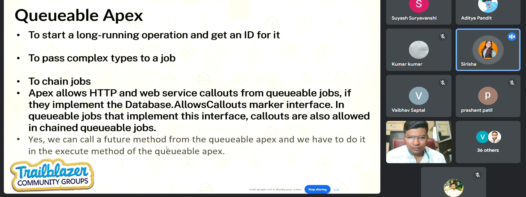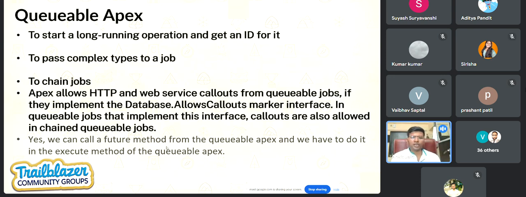Ankit, I have a query. Is it a good practice? Do we need to include all the methods, future, queueable, batch inside one Apex class? If there is any requirement, how to handle it? You should have separate classes, and it again boils down to SOLID principles, like single responsibility, where your one Apex class should be responsible only for one activity. What you could do is create a helper class or utility class, and you can call the same utility class from multiple classes. That should be your approach.